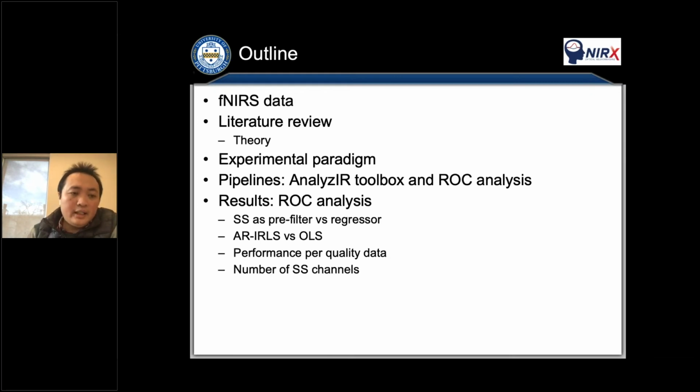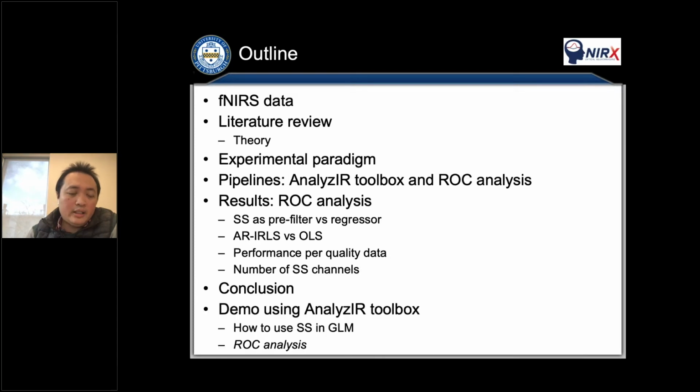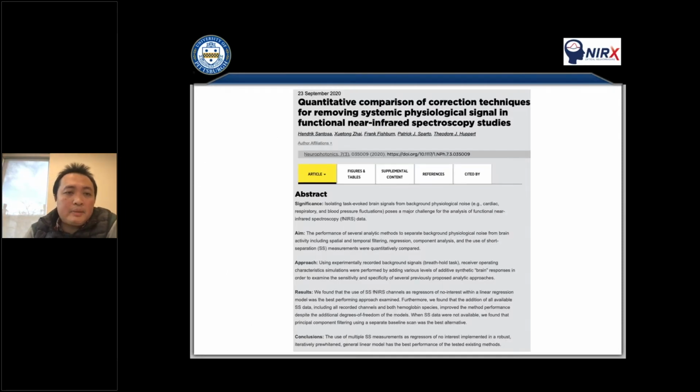And then in the end, I will explain what is the maximum or the optimum number of short channels, and I will conclude this talk. In the last 20 minutes, I will show using the toolbox how to use the short separations in GLM. This paper was published last year in Neurophotonics. You can go to the website to see it in detail.